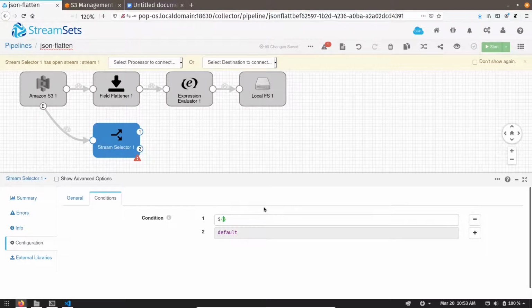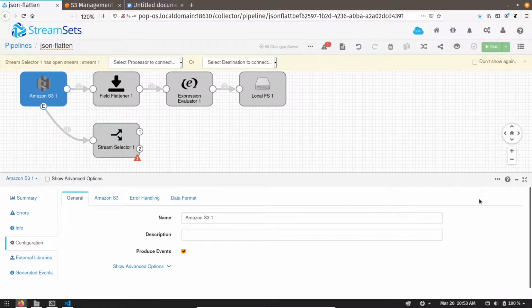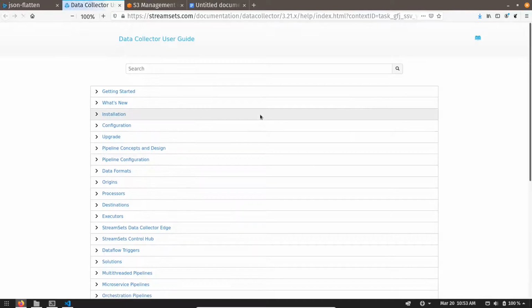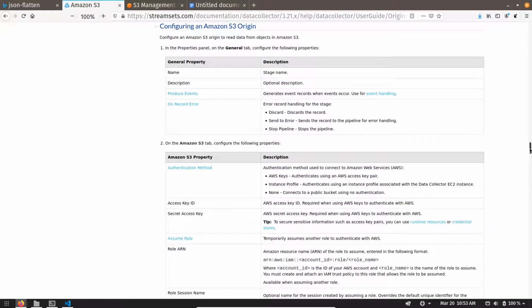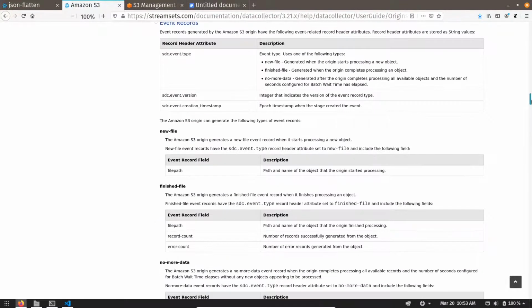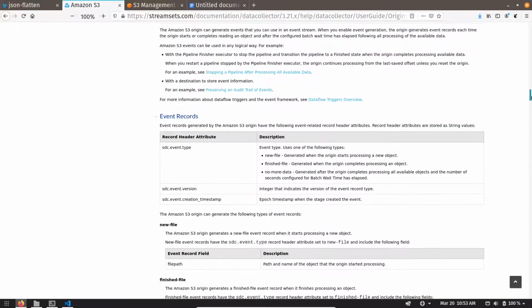To get the events, we can look at the documentation. You can see in event records, it has these many record header attributes, and these are the properties this attribute can have. There is a property called no-more-data. This event will be generated when it has successfully finished loading all the data. So we are going to use this property.